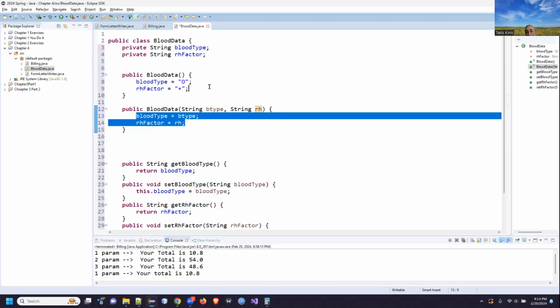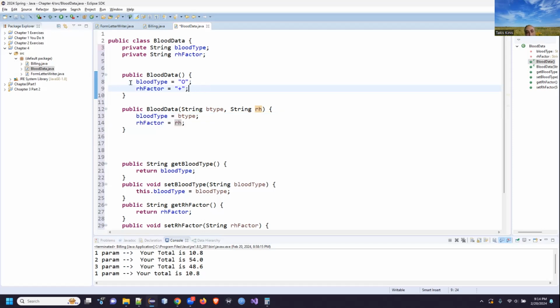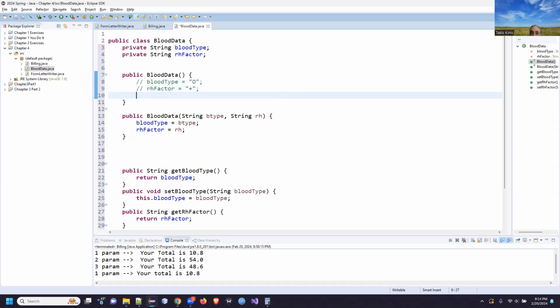So now I'm going to go back to my clever little hot wiring here, which is to comment these two out. And then instead of directly assigning these values, and you might latch onto this and you may not, so don't feel bad if you don't, I could do this, which means that I'm calling